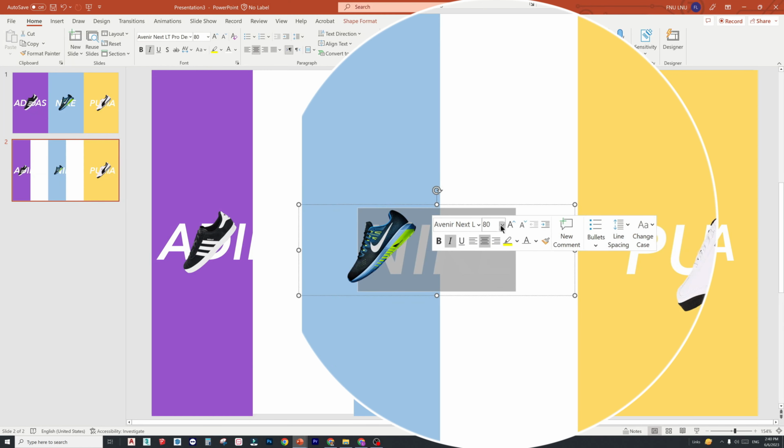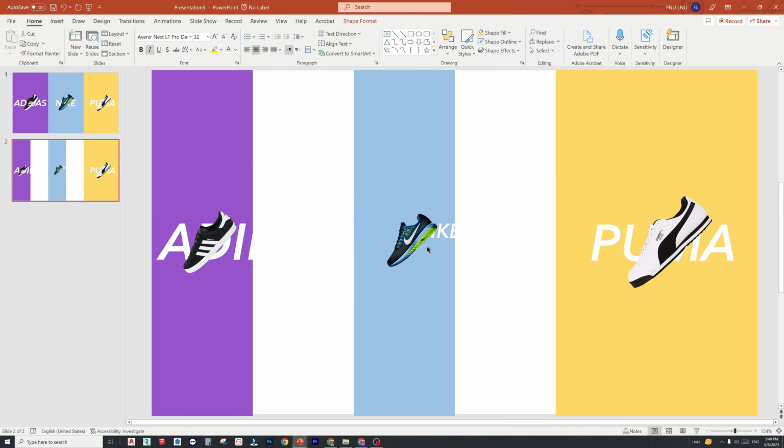Now change the text size to 32. Bring it to the center, like this.